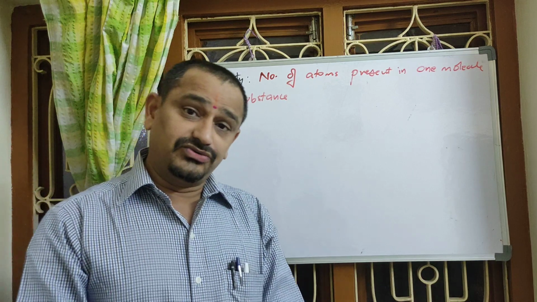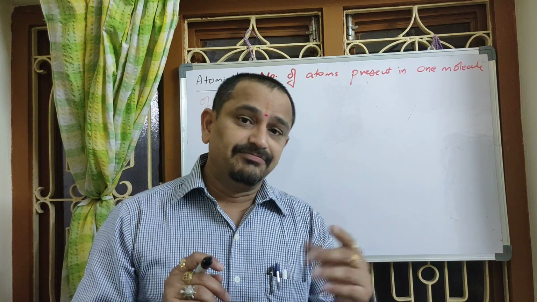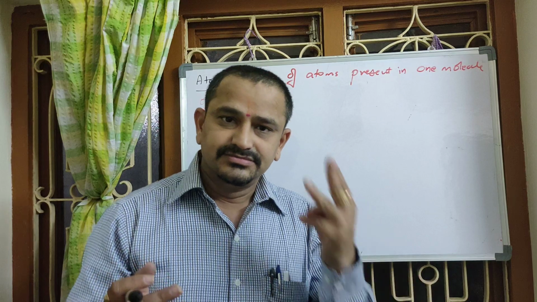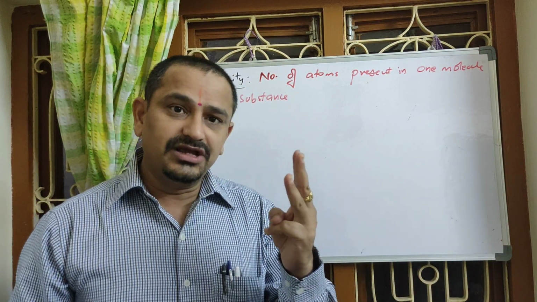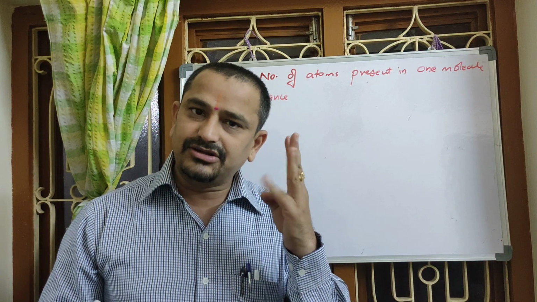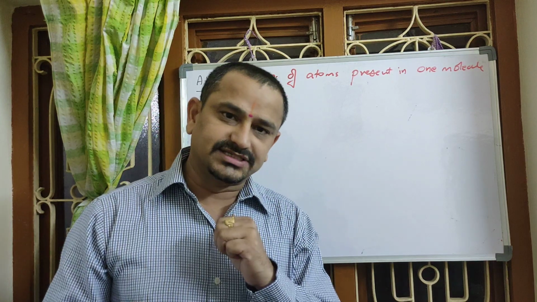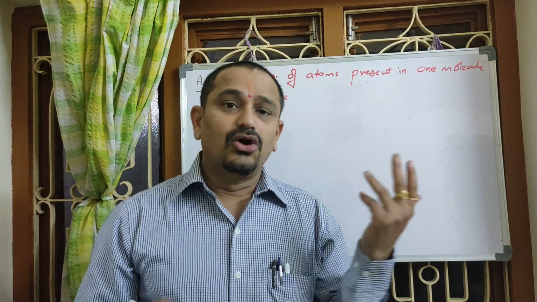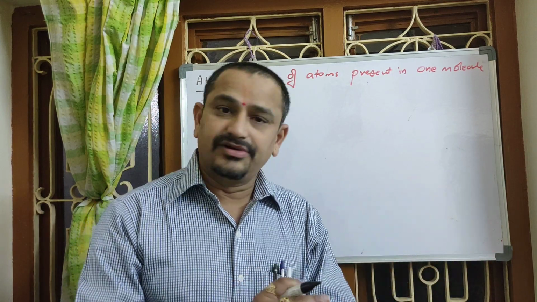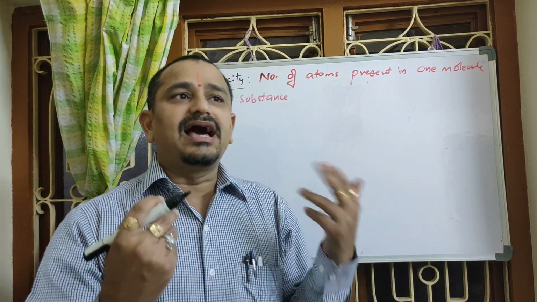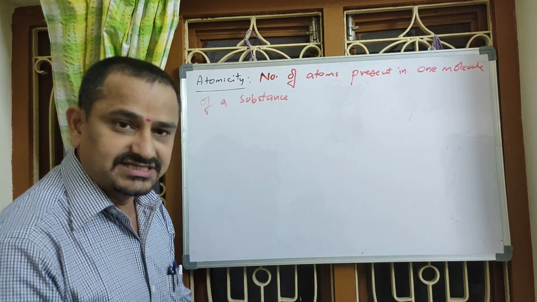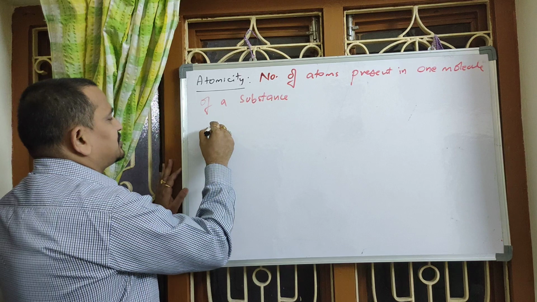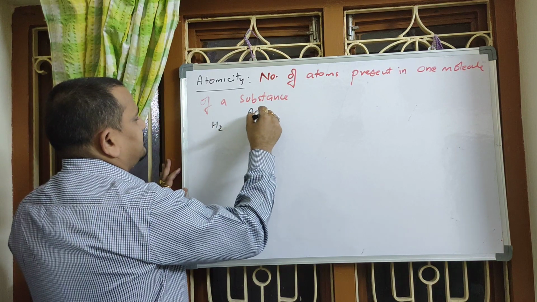Ozone molecule, O3. One ozone molecule has how many oxygen atoms? 3. One water molecule, 3 atoms. Ammonia molecule, 4 atoms. Carbon dioxide, 3 atoms. Glucose, C6H12O6, 24, right? So like this, how many atoms are present in one molecule of a substance is said to be its atomicity. For example, if it is H2, atomicity will be